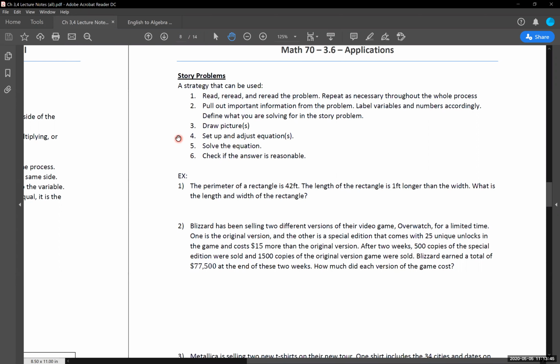And then once we have it adjusted accordingly enough to, okay, here's what we want, here's what we're solving for, this all looks accurate, then we can actually solve the equation. So again, if we're looking at all the steps that we have here, 2/3 of this is just doing a lot of setup work for ourselves.